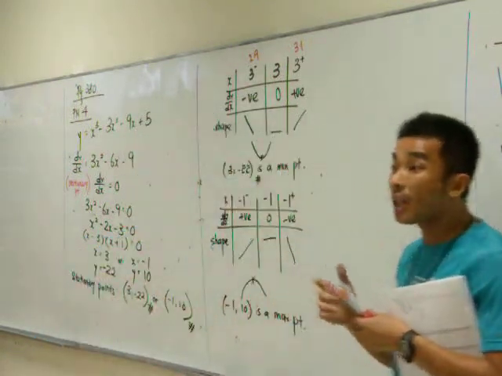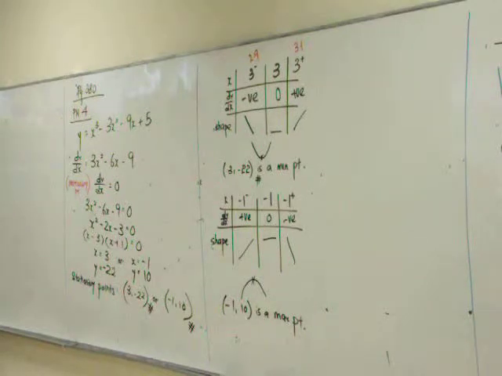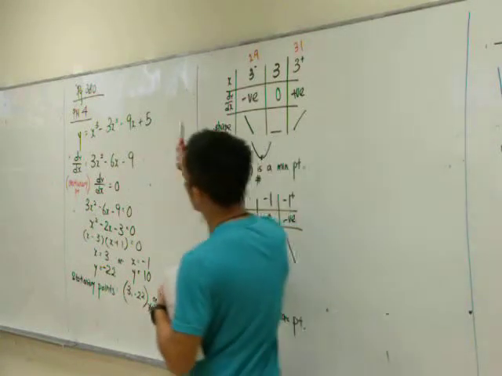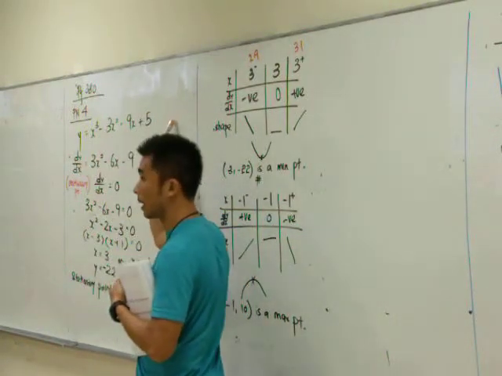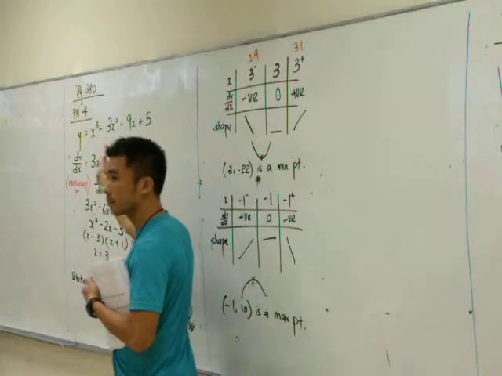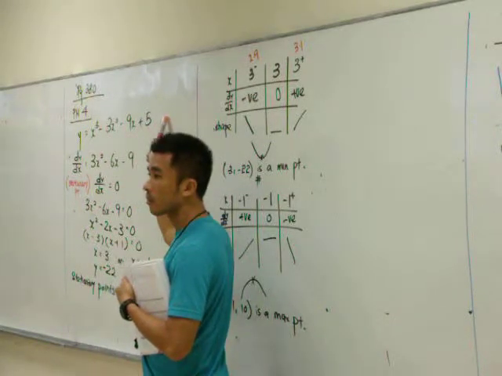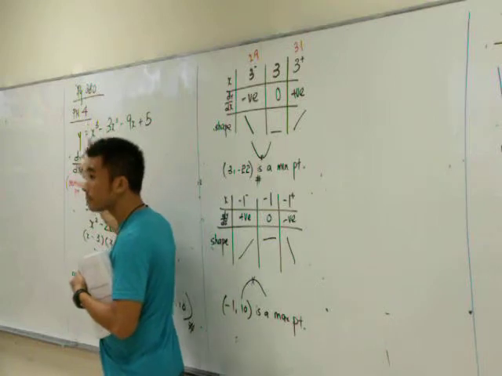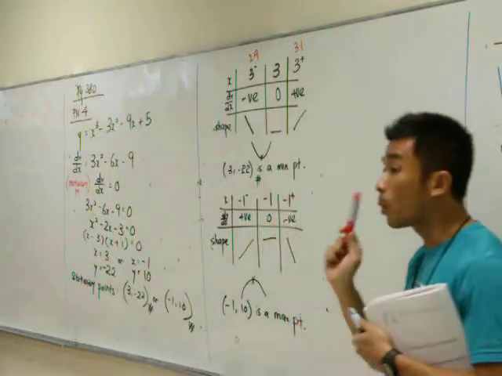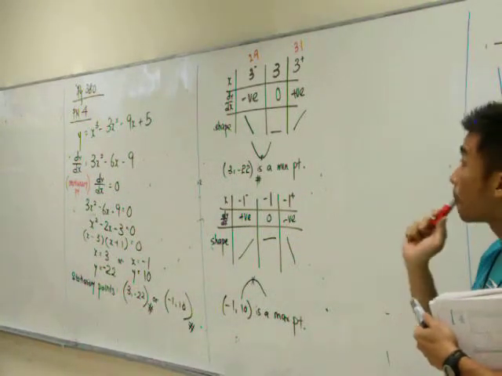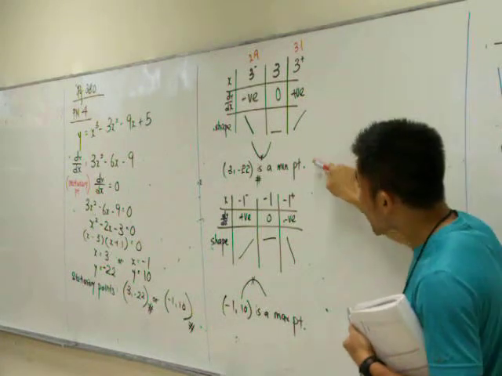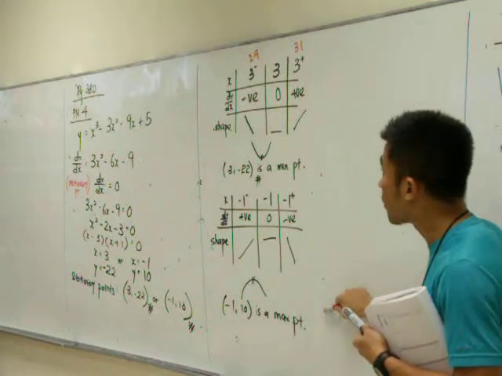Then comes the last part, very interesting. Sketch the curve. Do you think it's very difficult to sketch the curve? On first glance, Mr. Liu, we never learned how to sketch the cubic equation. I agree. Okay, this is cubic. Never learned before. We only learn quadratic. But this is precisely why we need to make use of these two pieces of information.